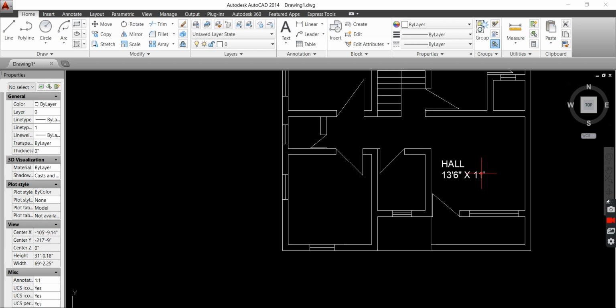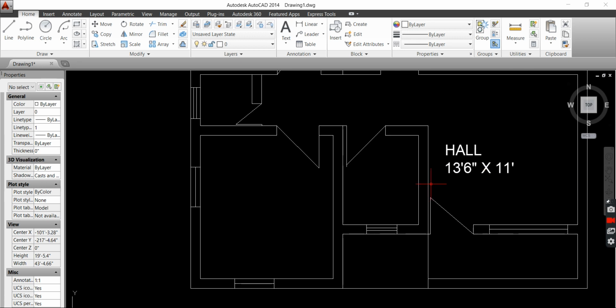This is the hall, and these are the hall dimensions. Now where is the 13 feet 6 inches measured from and to? I will show you.